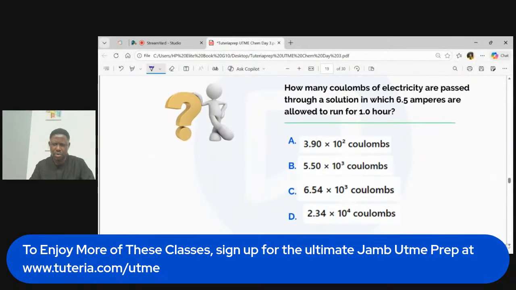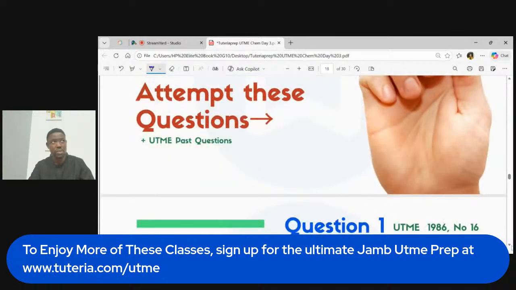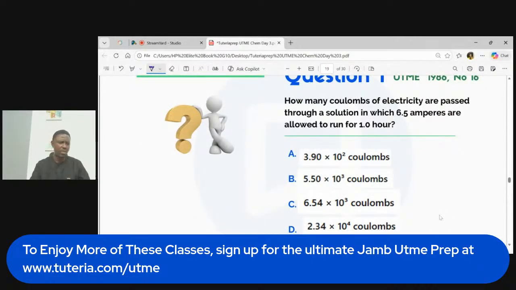They say, how many coulombs of electricity are passed through a solution allowed to run for 1 hour? Remember, I said that we are going to be talking about time. The time has to be in seconds. So look at this. This is a true JAMB question, 1986, number 16. Please zoom it from your own end if you feel like the question is a bit small. I just created this space so that at least I can work it there. So how many coulombs of electricity are passed through a solution in which 6.5 amperes are allowed to run